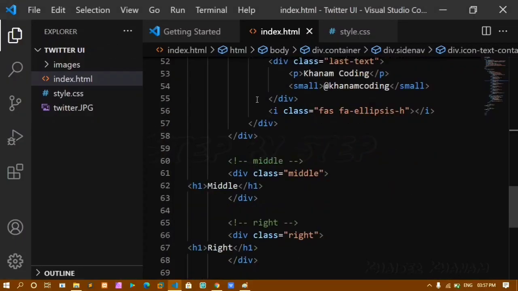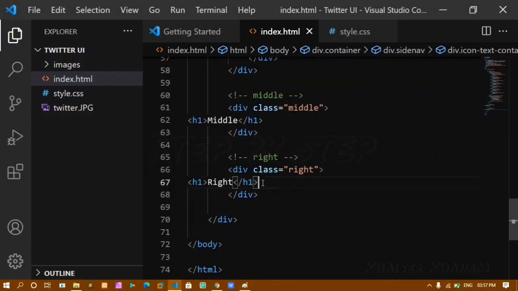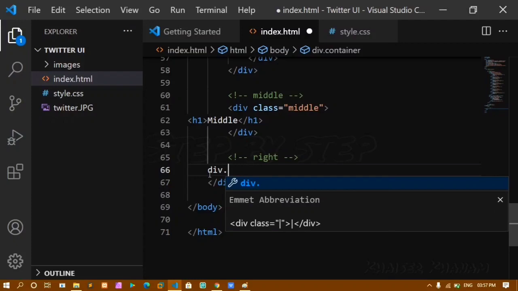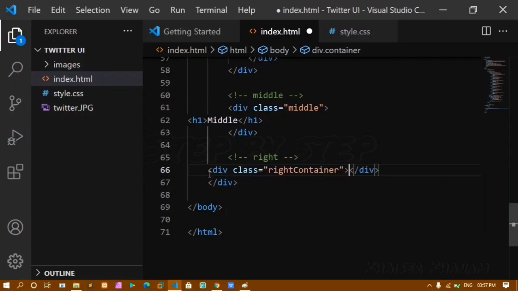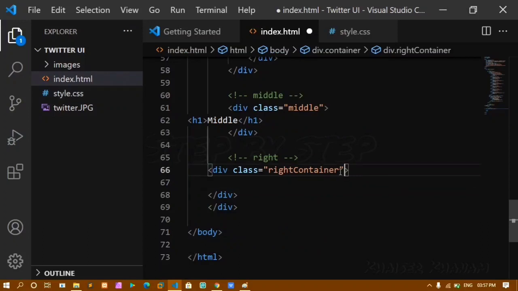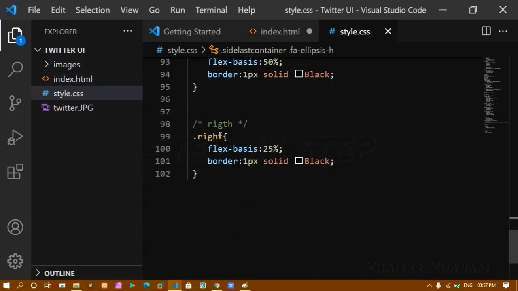I'll come to my index.html, and inside right I'll remove this one now. First I'll give my div, and I'll give my class name as right container. Okay, I'll come to style.css. I'll copy this class, and inside my style.css I have given right here.